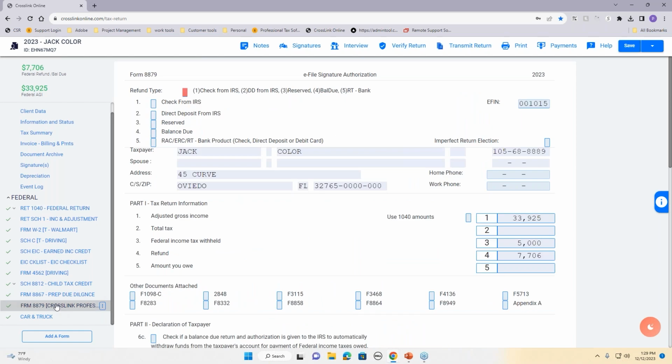This is noting how the taxpayer is receiving their refund for their tax return. If they are getting their refund from the IRS directly via check or via direct deposit, then you can see here those are options 1 and 2. So 1 is a check from the IRS and 2 is a direct deposit from the IRS. That means your taxpayer is paying you upfront in office your prep fees,